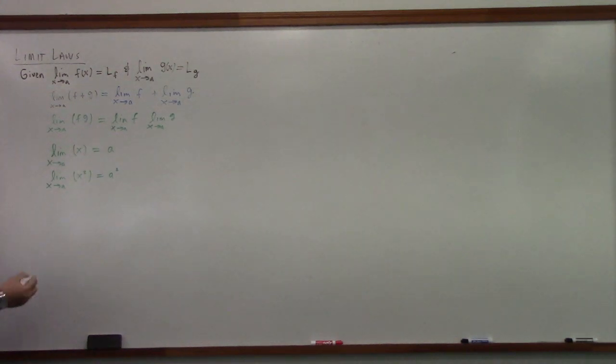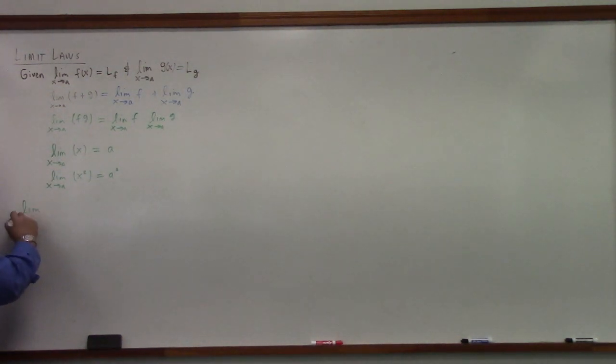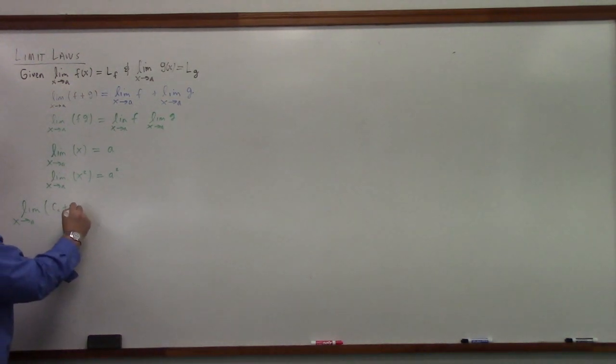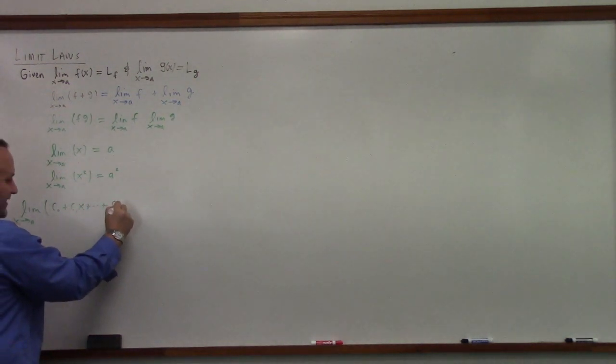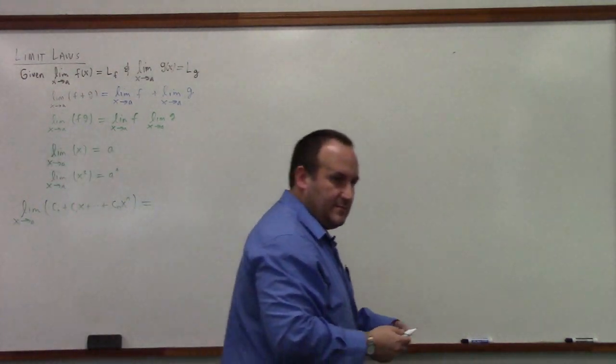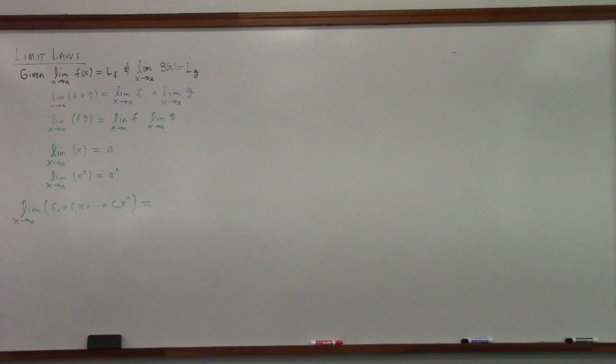And then more generically speaking, if you have the limit as x goes to a of, let's say, c0 plus c1 x plus and so on, plus cn x to the n, the way you calculate such a limit is what? You just plug in the limiting value, right? So that one is equal to what? It's equal to